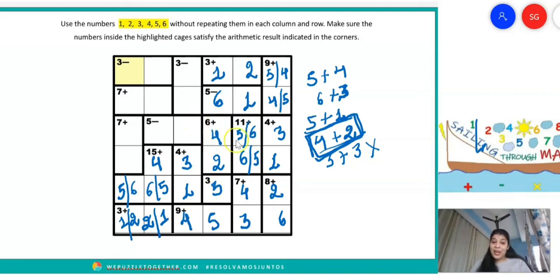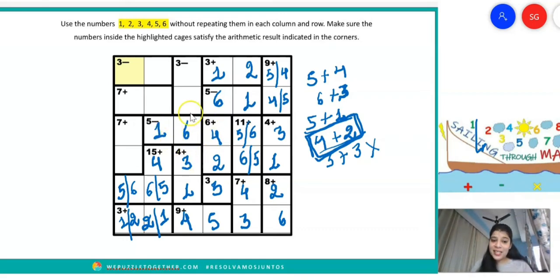Now see, again, if I see this cage, I have to find out two numbers such that their difference is equal to 5 and the possible numbers are 1 and 6 only. Now I cannot place the number 1 here. Why can't I place the number 1 here? Because 1 is already there in the third column, and if 1 is already there, then the number 1 can't come here. Then which other number is going to come here? 6 is going to come here. So I will place the number 6 here, and just adjacent to it, I will place the number 1.